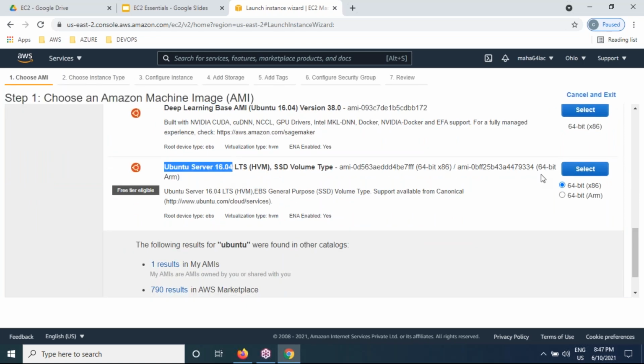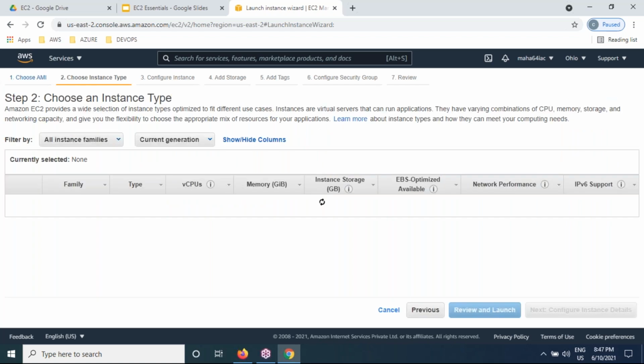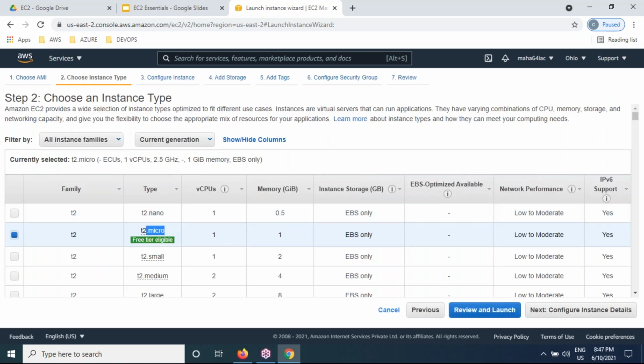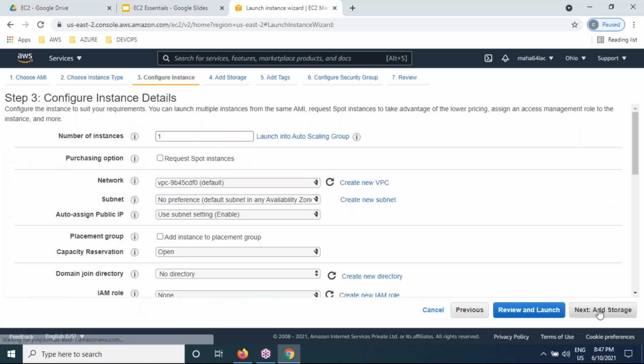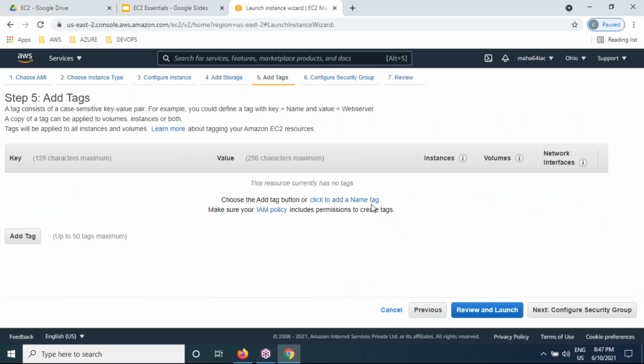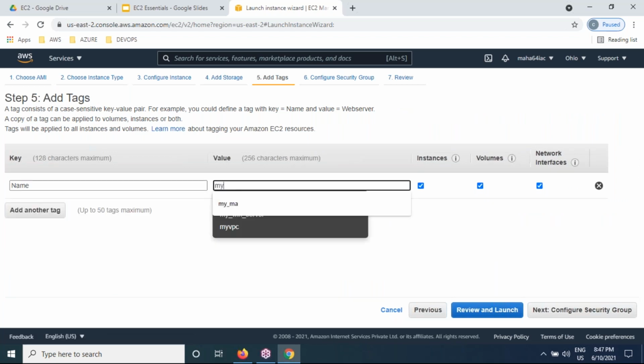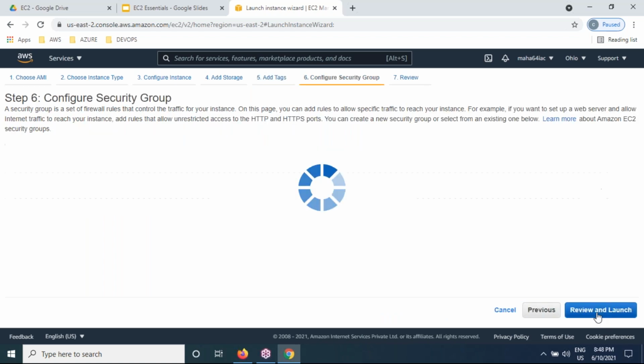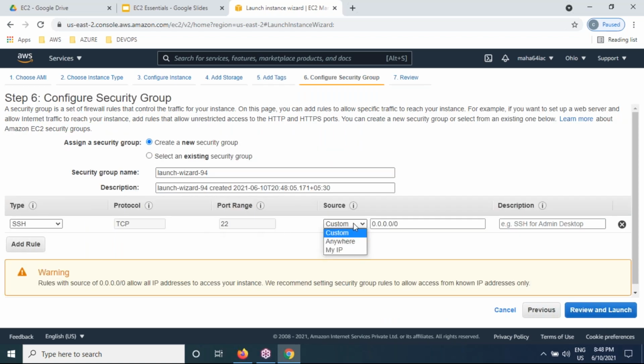Let us choose an Ubuntu 16 machine, guys, please select. Let us go for T2 micro, configure, add storage, add tag name. It is my server 1. And configure SSH, which is more than enough for the server.